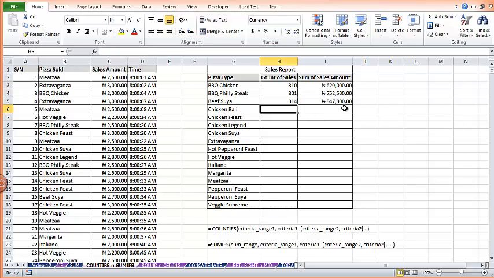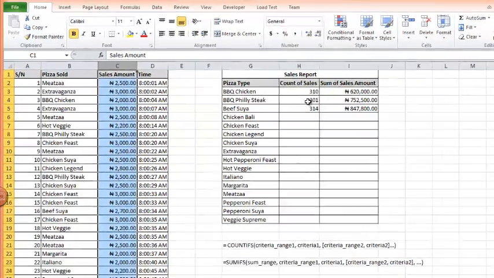To do that, I'm going to use count ifs to count the pizza type. It's going to count how many times chicken barley occurred in here, and to calculate the sum of sales amount, it's going to sum the sales amount for all chicken barley entries